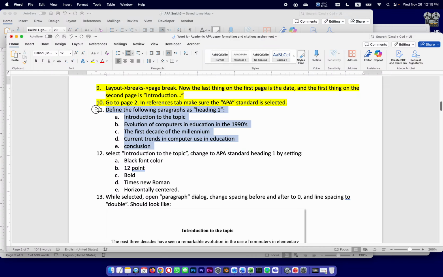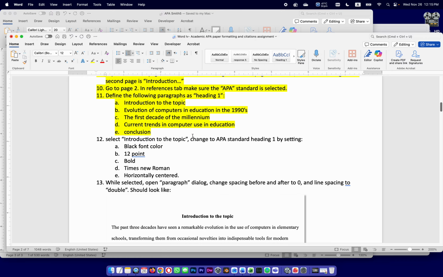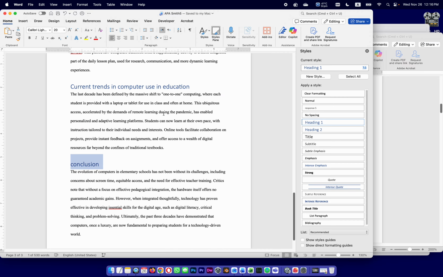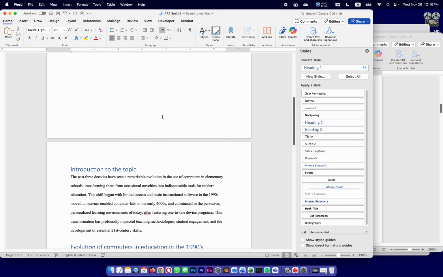But after I've done all of these, we're going to select one of them because right now they don't look the way that APA wants headings to look like. APA likes headings to look pretty much like regular text, only centered and bold. So we're going to change the following things. Color font, black, 12-point, bold, Times New Roman, and horizontally centered for the first heading, which is the introduction to the